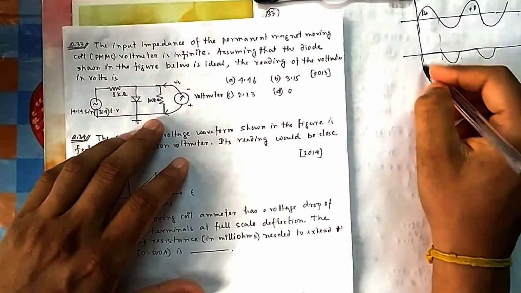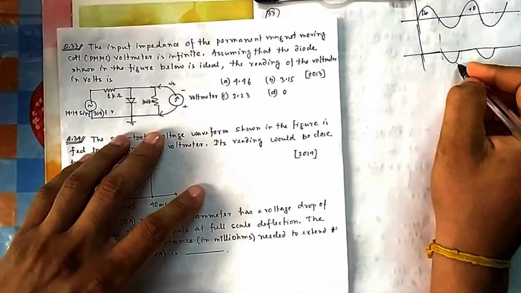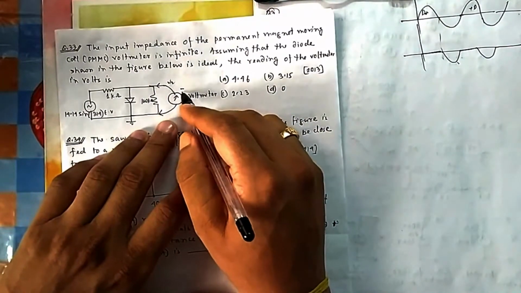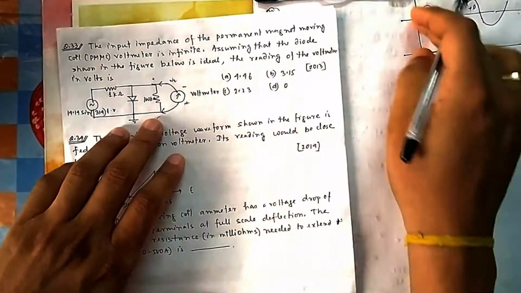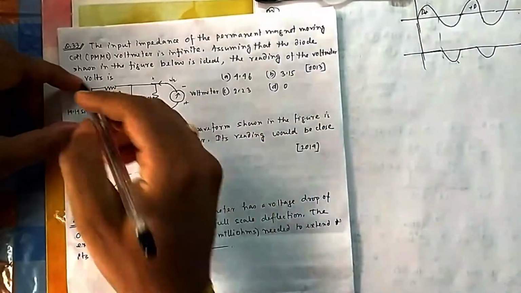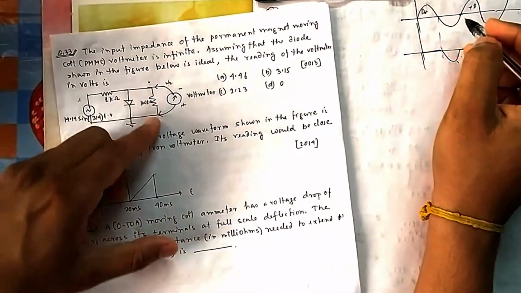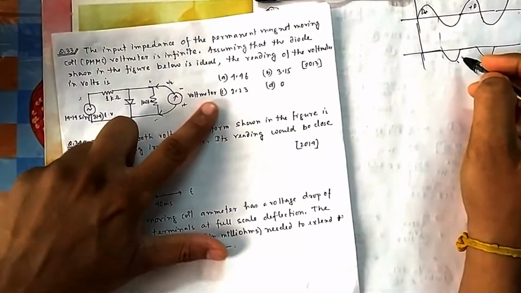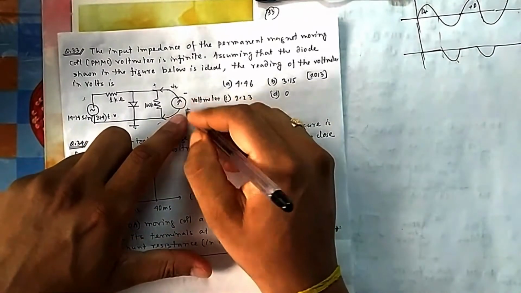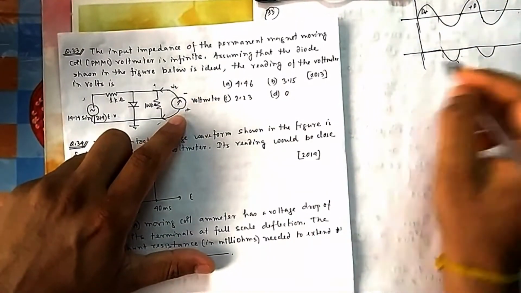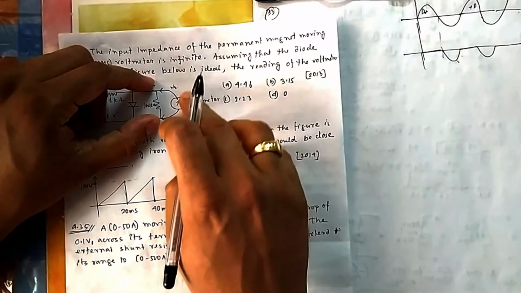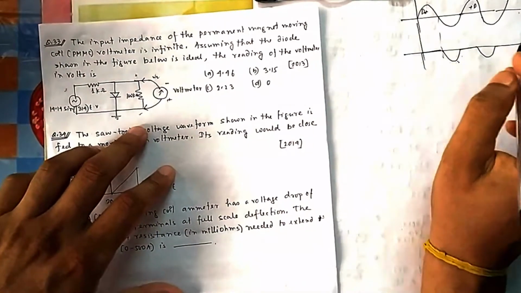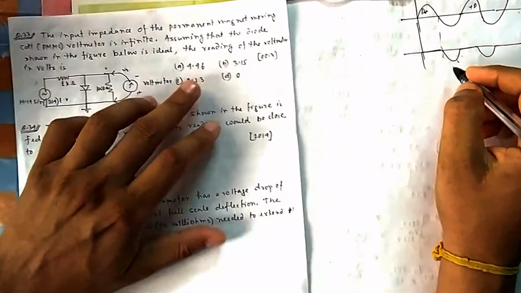Because it is PMMC, it will take average of this one. What is the average of this one? And you see it is put at minus plus also. It is negative, because I have considered this is plus minus, and I have drawn it because it is positive. So during positive half it will be this, and during negative half, negative means minus plus. So your voltmeter will read positive only, no negative, because had it been plus minus, then it is in negative half. But here voltmeter is also connected in reverse order. So your voltmeter will give you positive output, positive value, but it will be average.